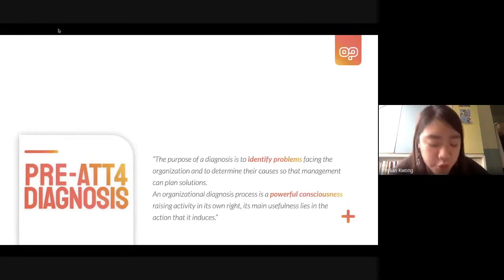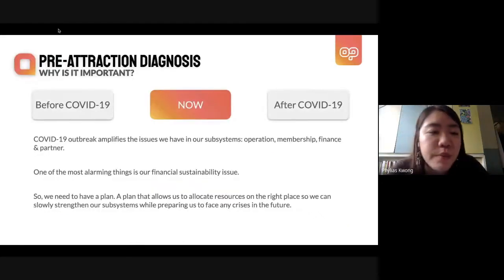And I think just now when I listened to you guys sharing about the scenario, the research part is quite similar to the macroanalysis. But at the end of the day, if you don't go and really understand it again, you will never know what's really happening. So that's why for the pre-attrition diagnosis, now we are in the middle of COVID-19, and